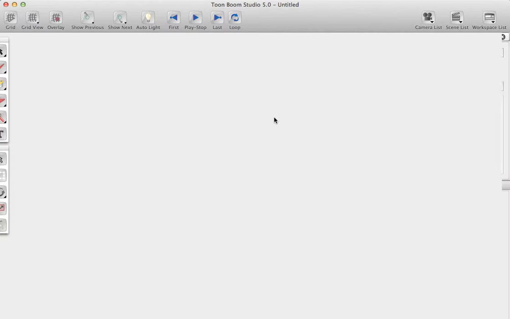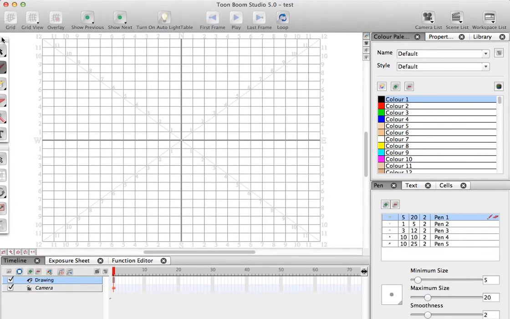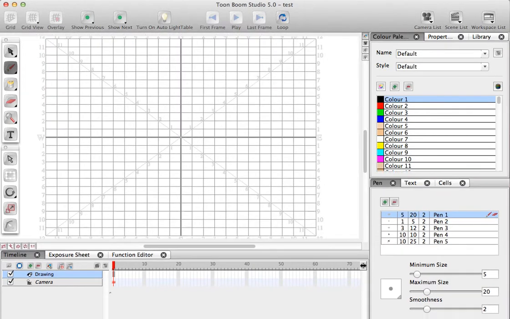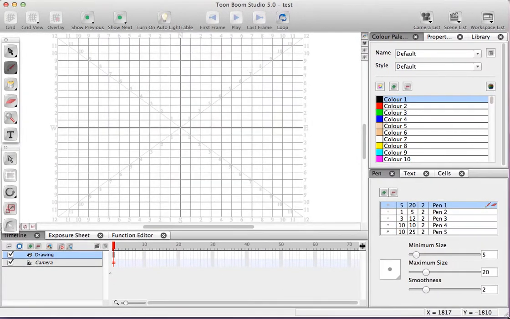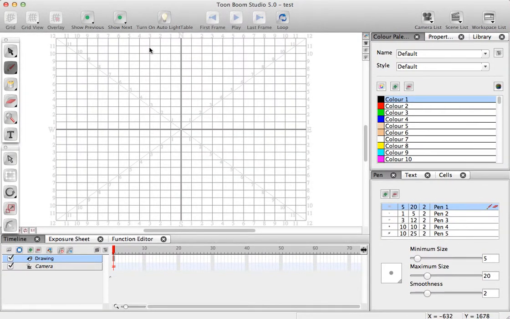And we are into Toon Boon now. Just going to bring those tools in here a little bit so it can be seen. This is a normal setup that you would have for Toon Boon. I'm going to make this a little bit smaller so we can actually see what's going on in here. The thing that we've got missing from the top bar is